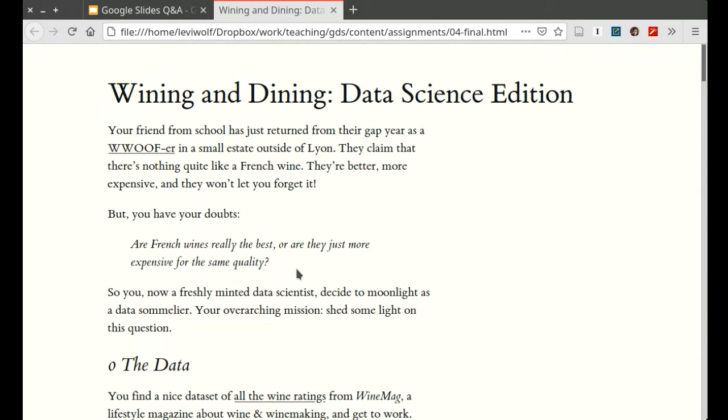That's going to be the question that you're going to return to over and over again throughout the assessment. So if there's something that you're doing in the assessment, its whole point is to try and shed empirical light on that question. Are French wines really the best, or are they just more expensive for the same quality? Are they just overpriced?